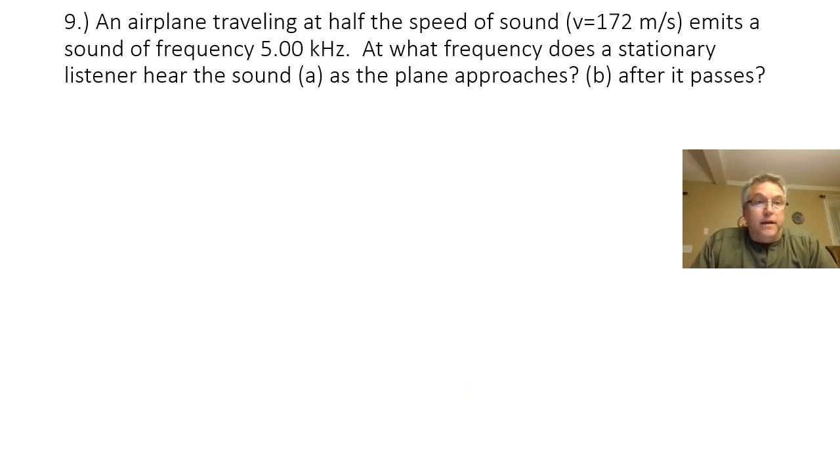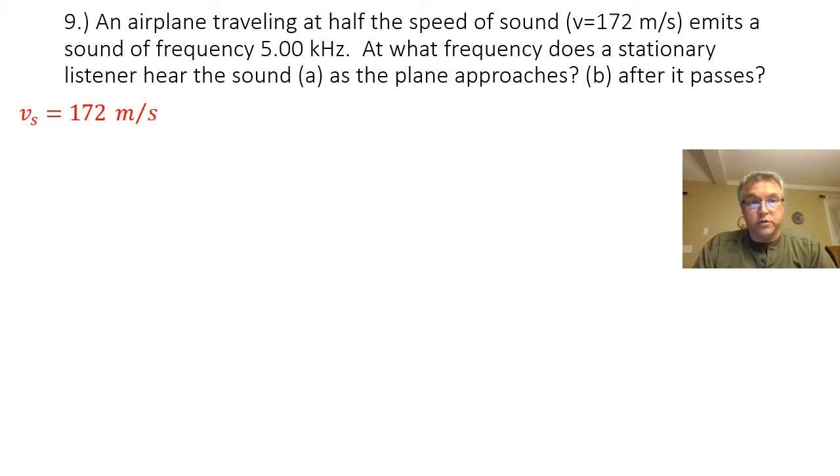Problem 9. An airplane traveling at half the speed of sound, which is 172 meters per second, emits a sound of frequency 5.00 kilohertz. At what frequency does a stationary listener hear the sound A as the plane approaches and B after it passes? So the velocity of the source of the sound wave, which is the plane, is